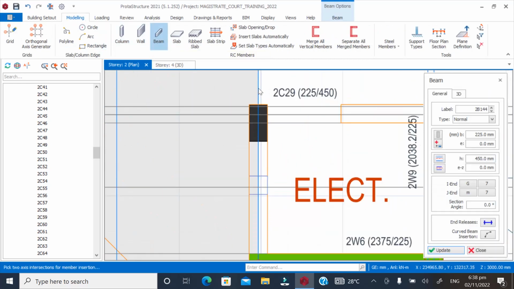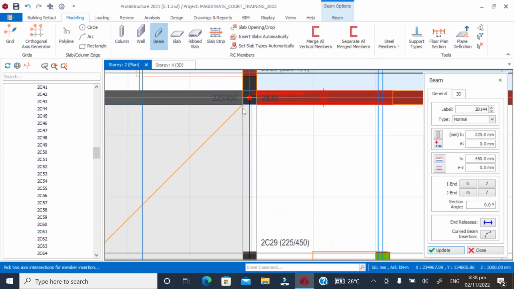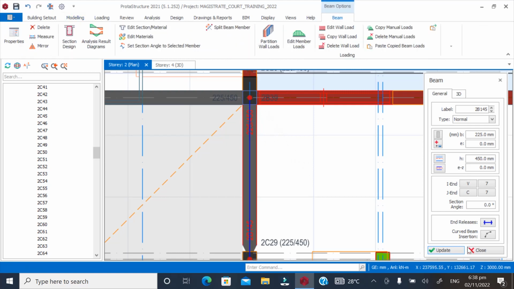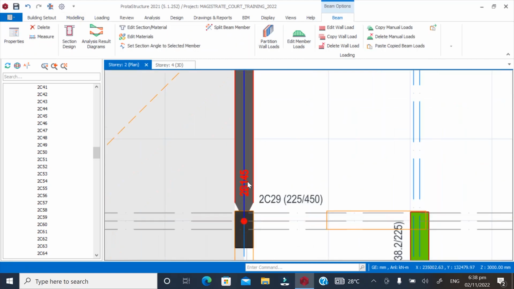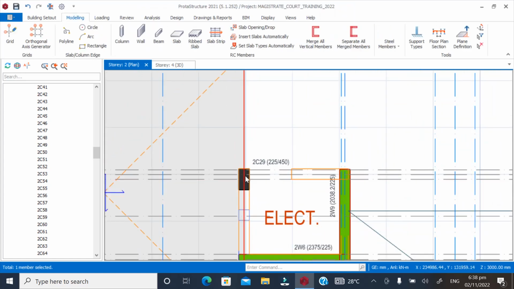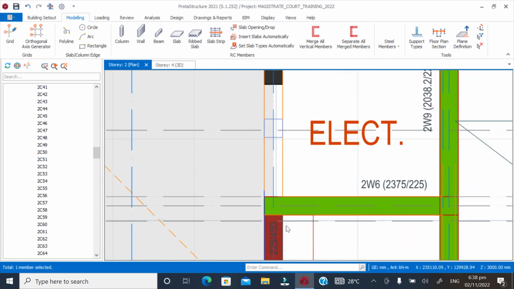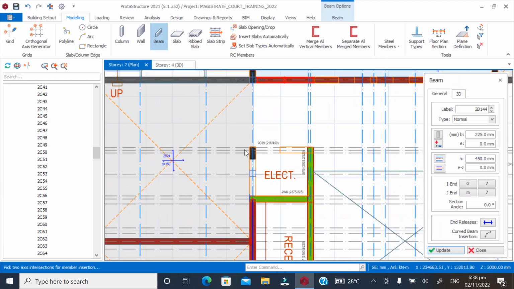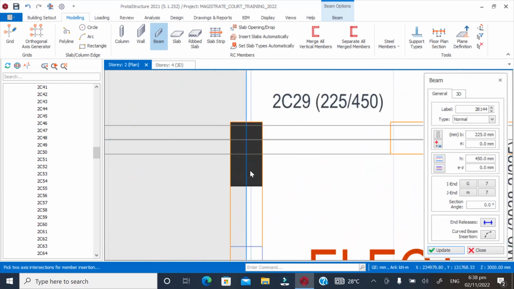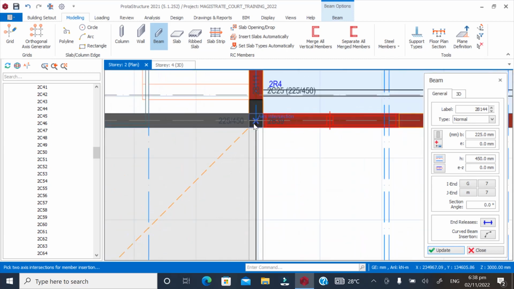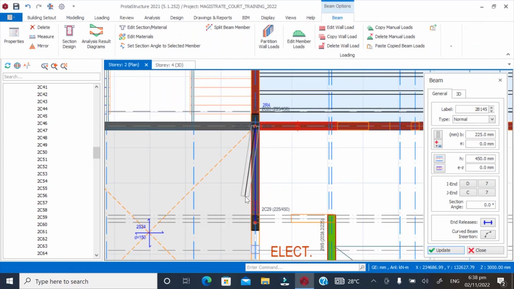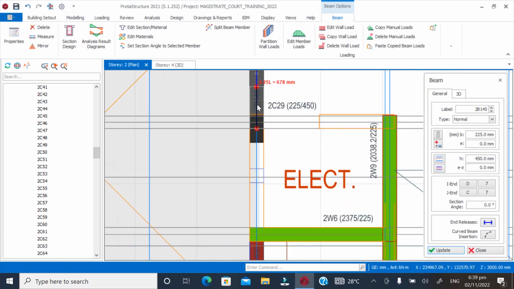Modeling beam, modeling beam. Okay, it's better now. So from here again,